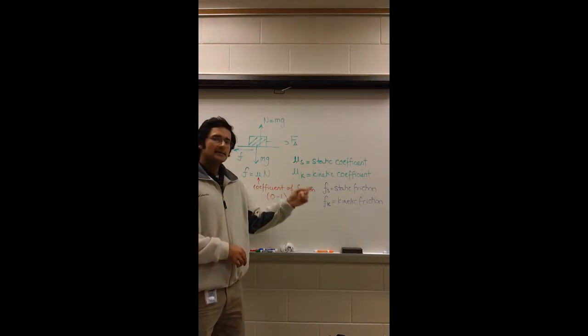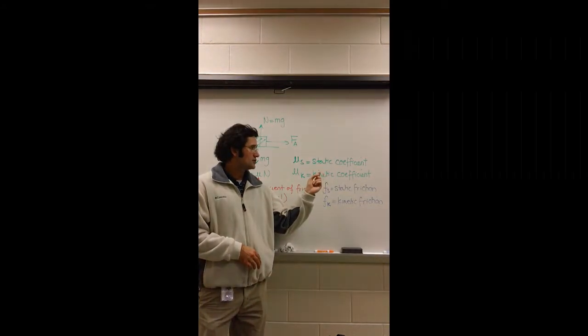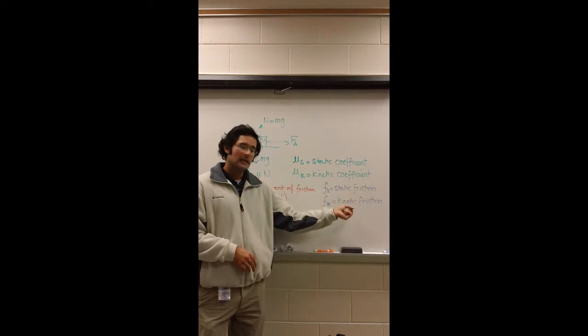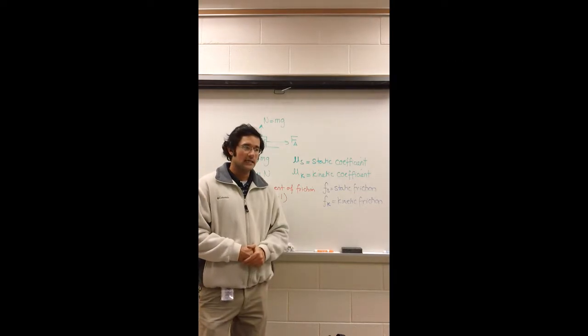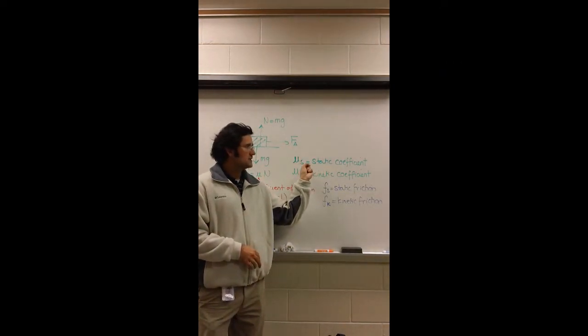You also have to keep in mind that you have two types of friction that we're going to be discussing in class. You have static coefficient and kinetic coefficient, and static coefficient, of course, goes with static friction, and kinetic coefficient of friction goes with kinetic friction. You also have rolling friction, and you have a rolling coefficient. For your static coefficient, that just means when the object's at rest.